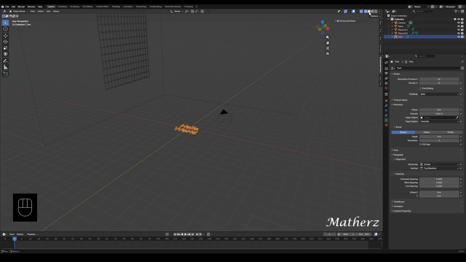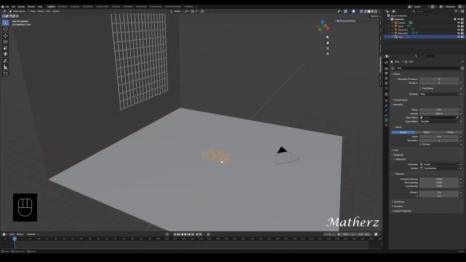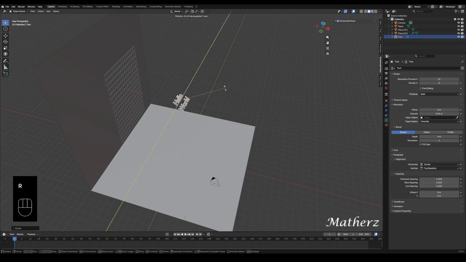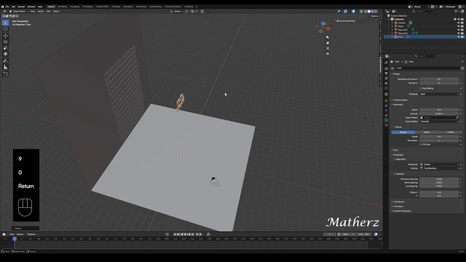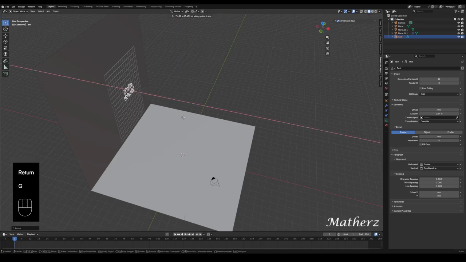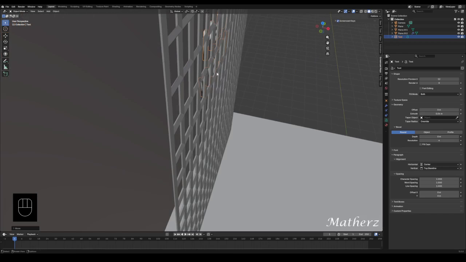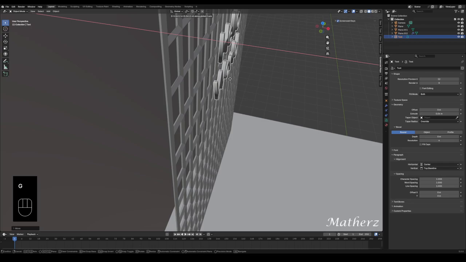So let me go back onto the regular render right here, and I'm going to press G to bring this up. You want to press R for rotate on the Z axis and go 90. And then R for rotate again, on the Y axis this time, so let's go 90. G to bring it back. And all you want to do is make sure that this sits and fits just in front of the